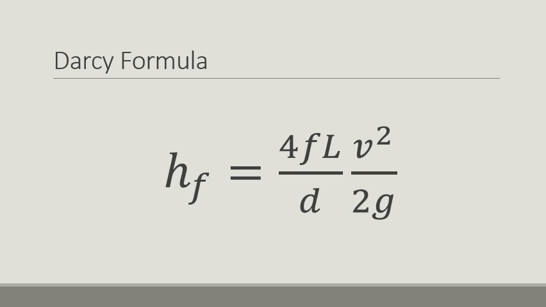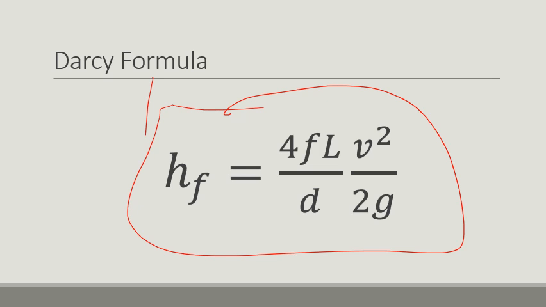So other expressions for the Darcy formula can be gotten like this. When you have V is equal to Q over A, which will now be equal to 4Q. Your area is 1 over 4 pi d square. Let me write it like that so as to aid understanding. Q over 1 over 4 pi d square. So this 4 comes up here and it actually becomes 4Q. So I will erase that 1 over 4 now. So it becomes that